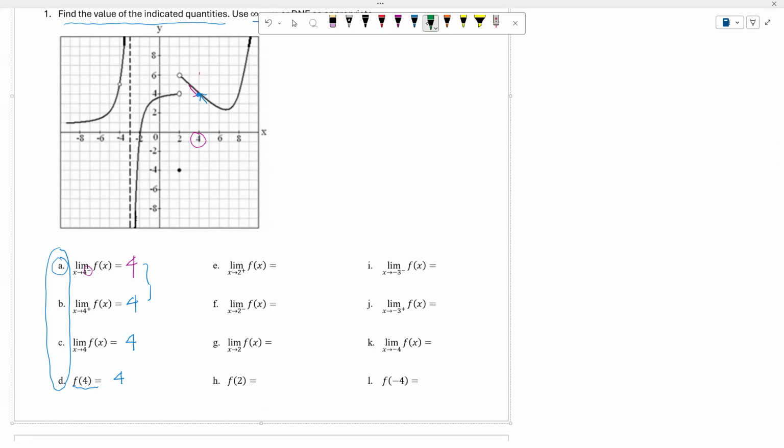And now, let us look at this. Now I have x approaches 2. Then when I look at this problem right here, at x equal to 2, we have a jump. Right away, I know that the limit does not exist. Okay, then let's see. We have x approaches 2 from the right. Then you will see that here, the output is equal to 6.